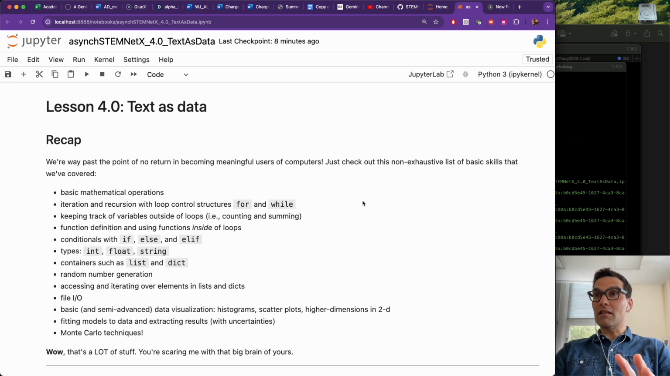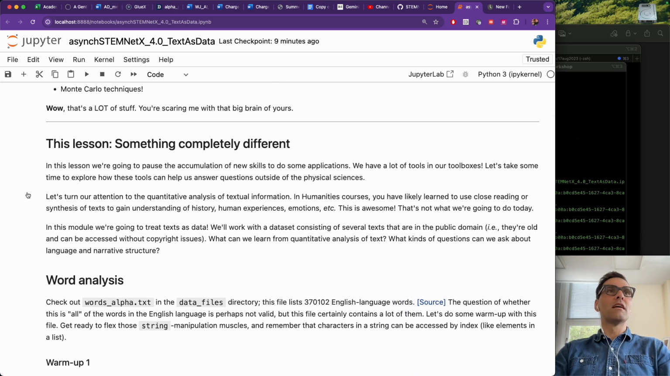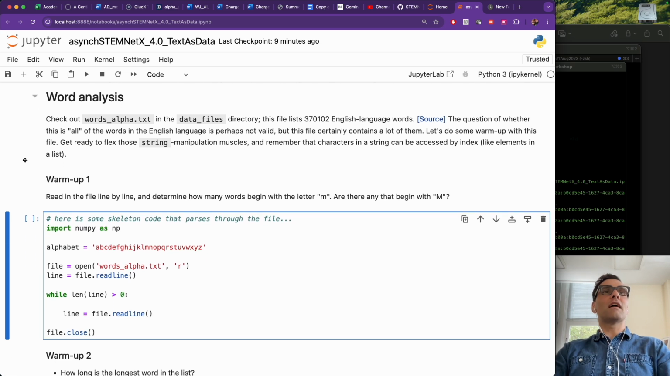Now, unlike previous lessons, I don't have to explain to you what language is, not that I could. The idea of language is a very complicated concept. Let's not overthink it. So you can read this section about this lesson, something completely different. Let's start with a data file that is available to you on GitHub. It's this file called